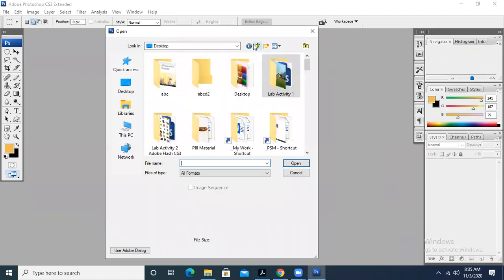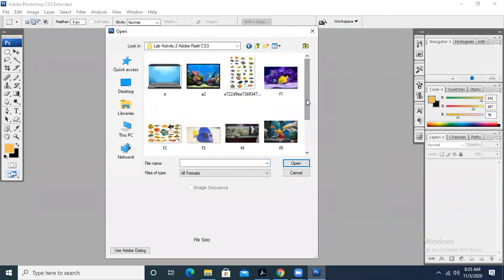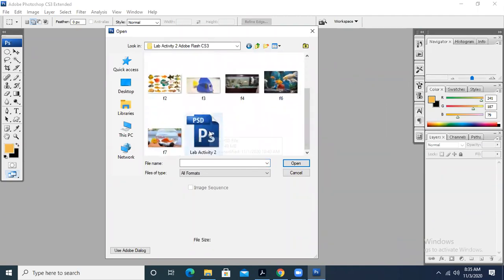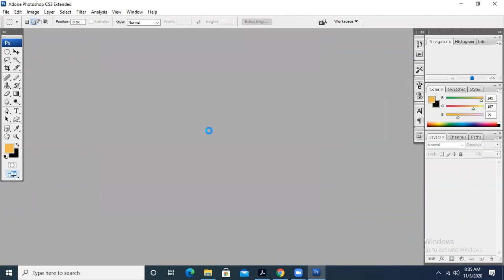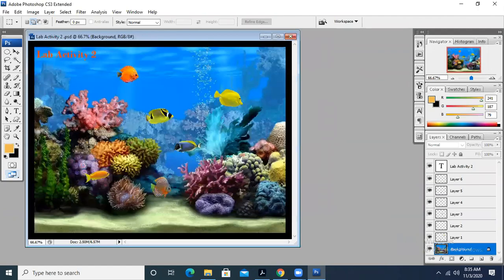Another example that we accomplished was setting up an aquarium. We had taken a number of images of the fishes, and we set those fishes inside the aquarium.